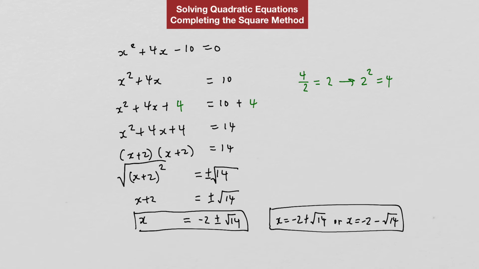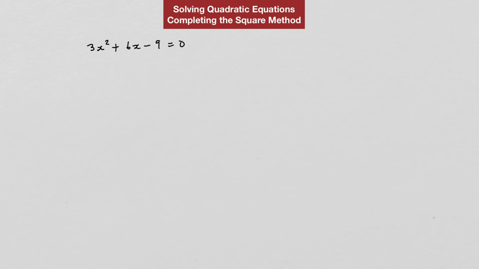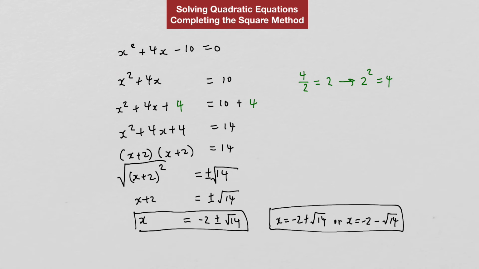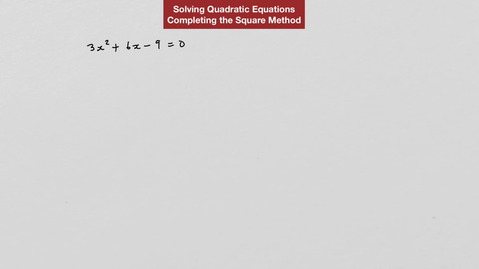Okay, let's move on to another example. In this example, you will notice that the coefficient of x squared is 3. It's a little bit different than the previous example where the coefficient was 1. So what that means is we have to take an extra step by finding the greatest common factor. If we take a look, the greatest common factor between this term and that term is 3. So we're going to take that out, and we're going to rewrite this as 3 times (x squared plus 2x minus 3)